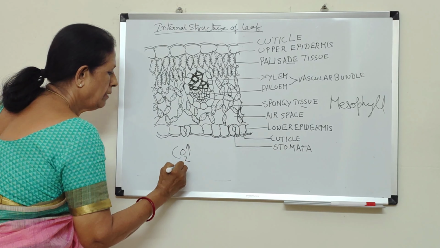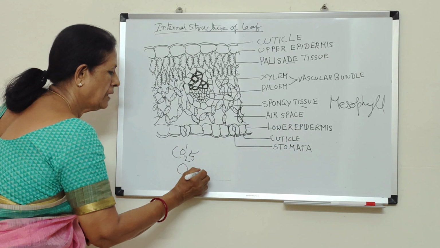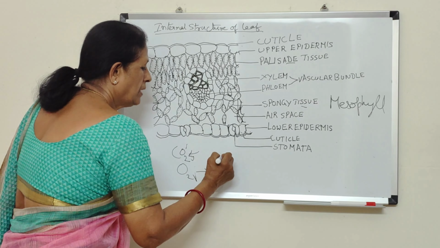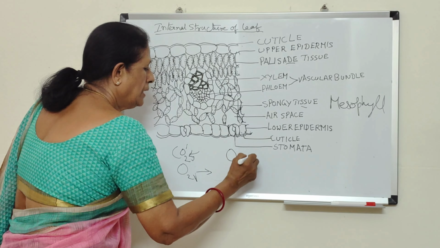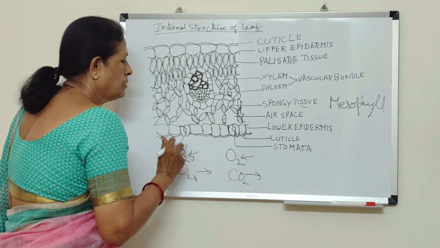Carbon dioxide is taken in and oxygen is given out. And in the same way, in respiration, what happens? Oxygen is taken in and carbon dioxide is given out. So in this way,